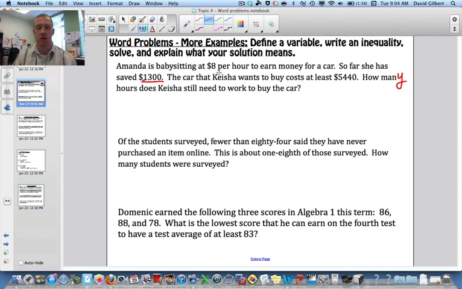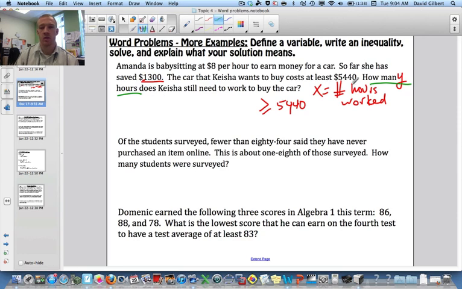So what we're going to do is she needs to make more than or equal to $5,440. We're going to let x equal the number of hours worked, right? Because it says how many hours. So that's how we know that's what x has to be, because once we solve for x, we'll get the answer to our question. So she gets $8 for every hour plus the $1,300 she already has. Now we just solve this,